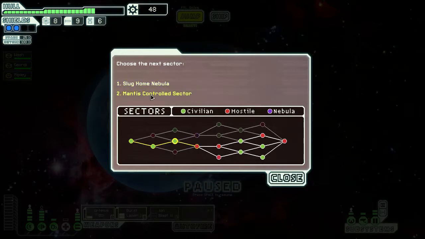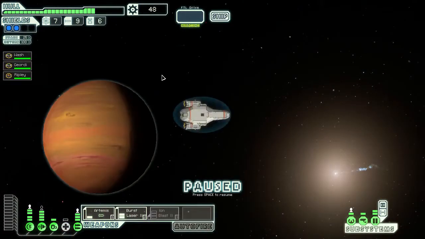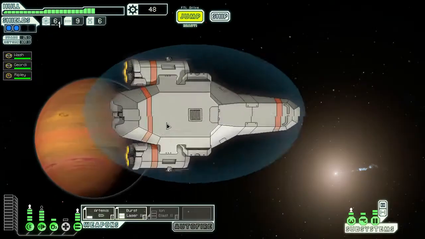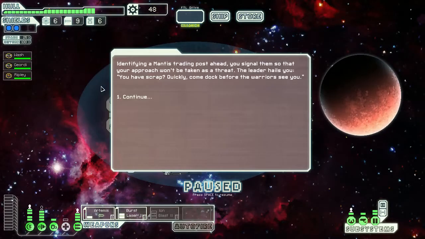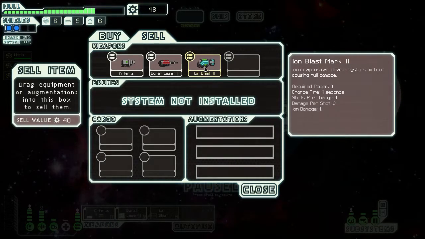Slug, nebulas, or mantis. Let's go to the mantis. The slug is just all nebula, and those can be tough fights. Not that the mantis fights are easier. Store? Let's go to the store. We've got enough of everything. I mean, I'd like to get these other weapons and stuff, but we don't have...